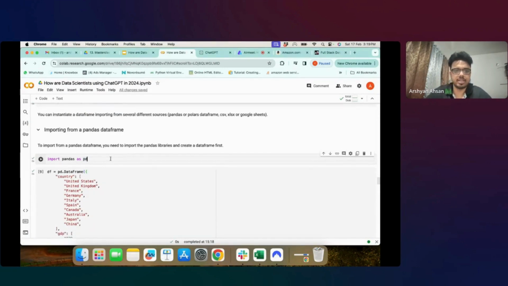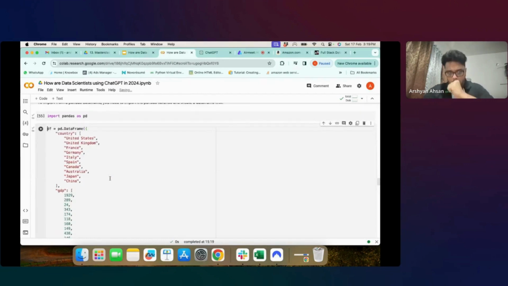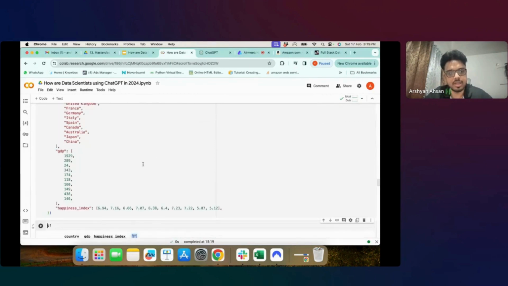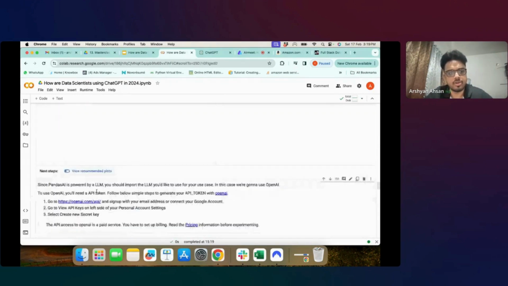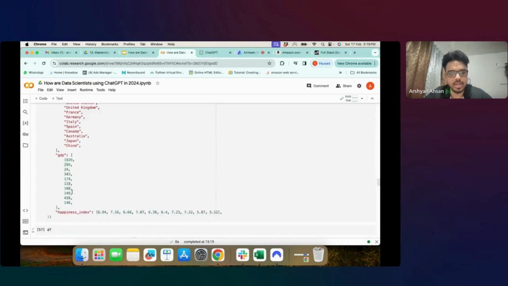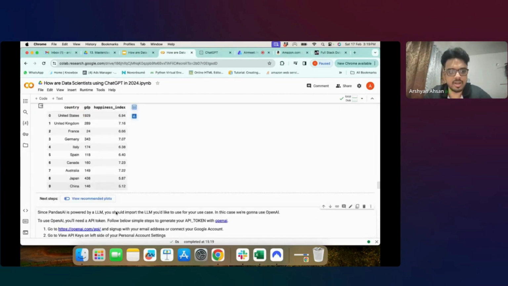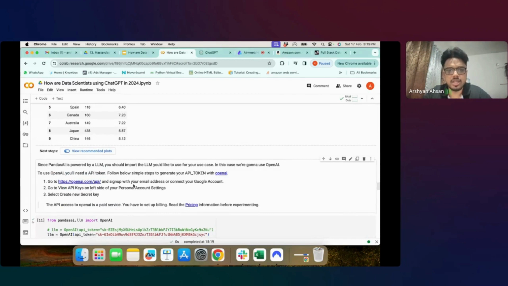ठीक है, तो मैं दिखाऊंगा कैसे। तो पहले तो हम एक नॉर्मल डेटा फ्रेम इनिशियलाइज कर लेते हैं। लेट्स टेक अ स्मॉल डेटा फ्रेम फॉर एग्जांपल। तो यहाँ पे डेटा फ्रेम मैंने खुद से क्रिएट किया है। इट्स अ वेरी सिंपल डेटा फ्रेम जस्ट फॉर बेसिक एग्जांपल्स ओनली। तो कंट्री, जीडीपी, हैप्पीनेस, ये तीन कॉलम्स हैं। कंट्री नेम्स हैं, उनका जीडीपी है और उनका हैप्पीनेस इंडेक्स है। छोटा सा डेटा सेट है, जस्ट टू प्ले अराउंड विथ टू सी दैट हाउ पांडास एआई इज इफेक्टिवली वर्किंग।